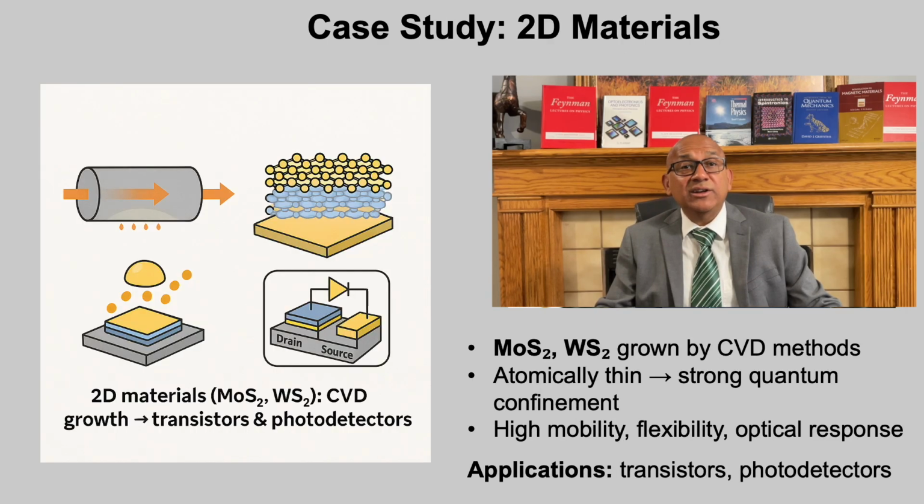Two-dimensional materials like molybdenum disulfide and tungsten disulfide represent another exciting case study in bottom-up nanofabrication. These layered semiconductors are often synthesized using CVD growth, which enables large area atomically thin sheets. Because they are only a few atoms thick, these materials exhibit strong quantum confinement, direct band gaps, and remarkable